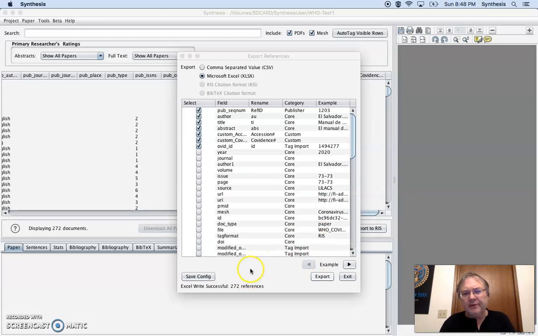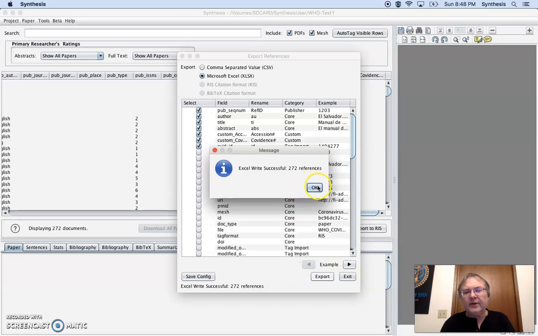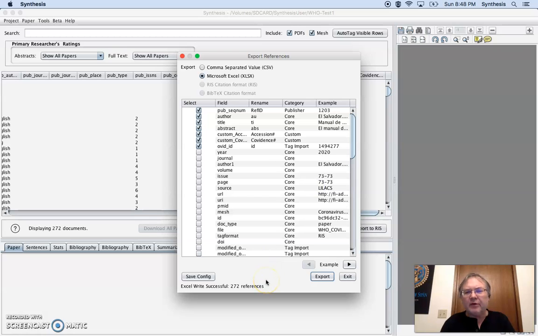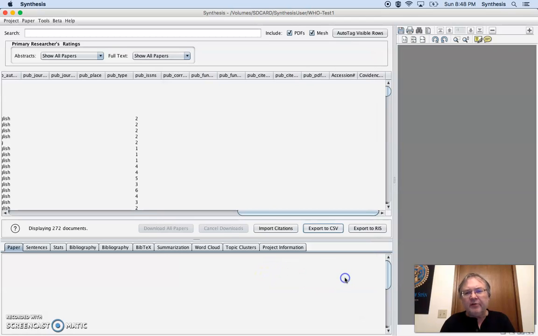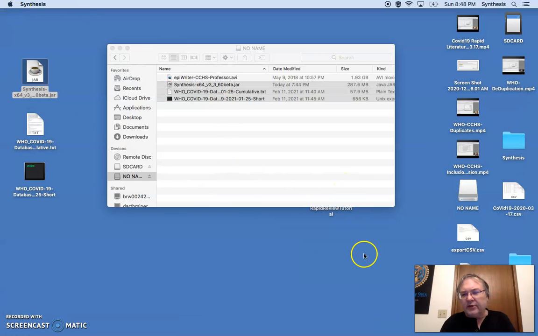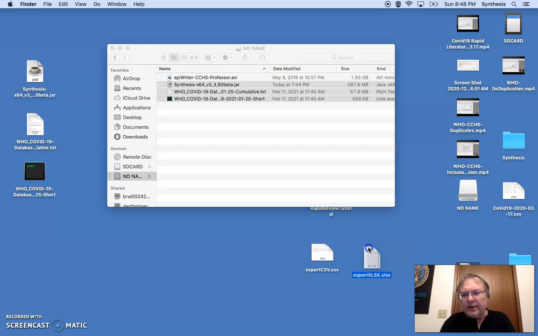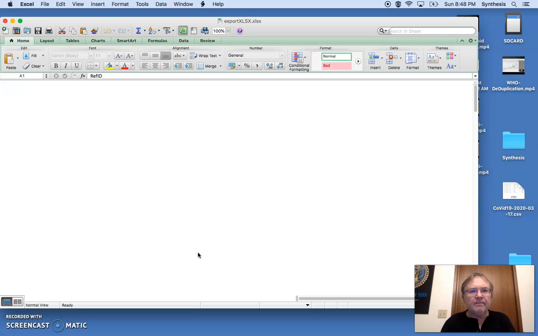And if we go save, it saves all of the references. Then if we go exit, we can see the two right down here. So if we pull up the export file,